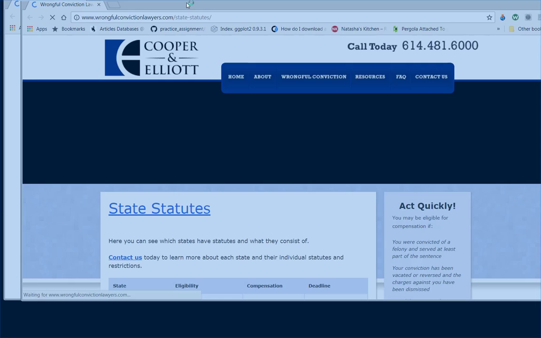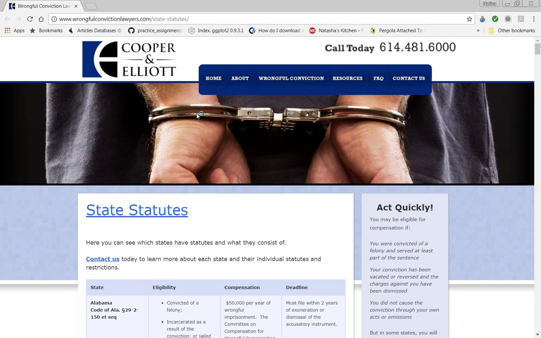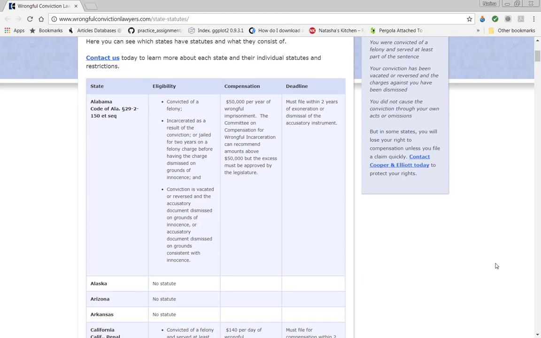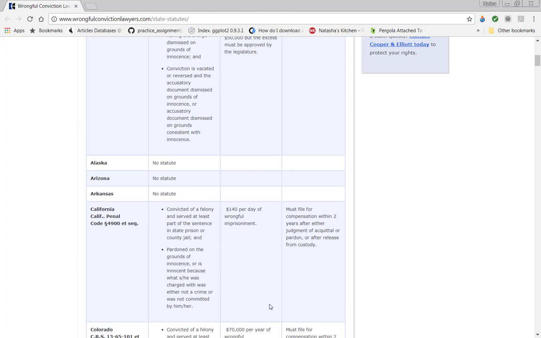Before I leave, I just want to show you, we've talked about the Thompson case, the Ronald Cotton case, and I mentioned something about compensation for false convictions, and that comes up a lot. So I just want to show you this website that shows the different compensation rates for different states for wrongful convictions. And it's always interesting to me when you compare different states. And it's not always in the direction that you predict. So, for example,